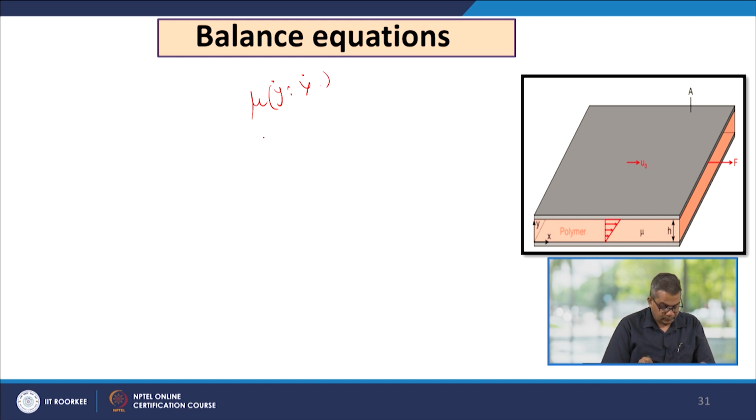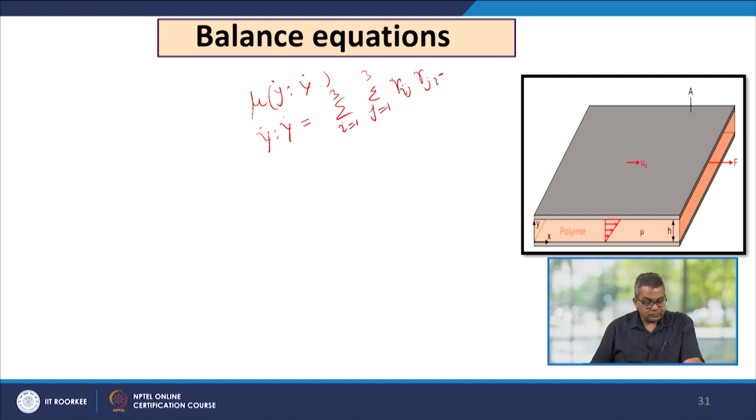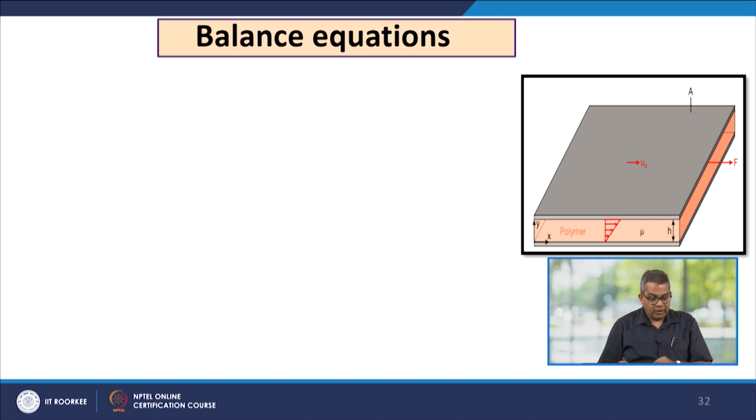Where gamma dot squared is equal to the summation over i equal to 1 to 3 and summation over j equal to 1 to 3 of gamma ij gamma ji. And for the non-Newtonian material, the viscous heating is written as tau : gamma dot. Hence, the energy balance becomes